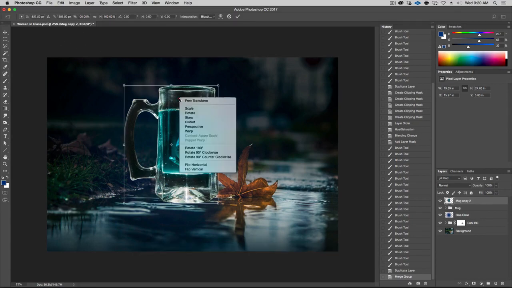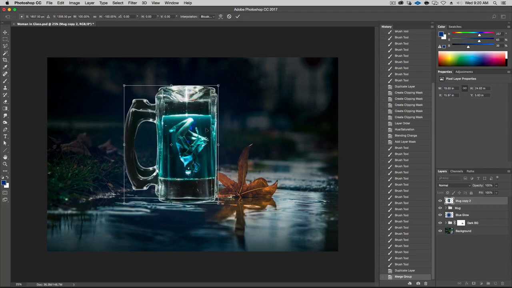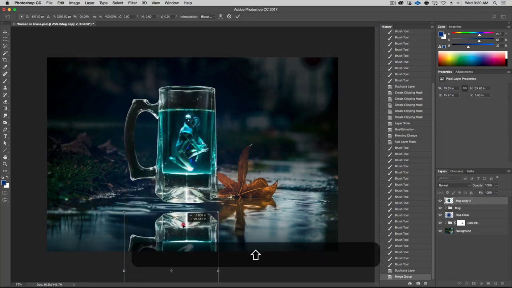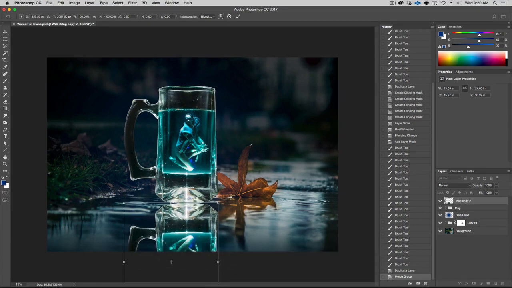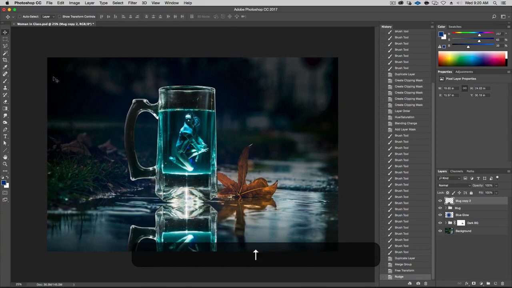And then we're going to displace it. So Command T and then right click and flip vertical. And I'll just bring it down here. Bring it all the way so it just snaps. And then maybe using the arrow keys, 1 or 2 steps up. I did 3. Hit return. Okay, good. Maybe a little bit higher. So click on the move tool here. Use the arrow keys. It's pretty easy to just do a couple steps like that.